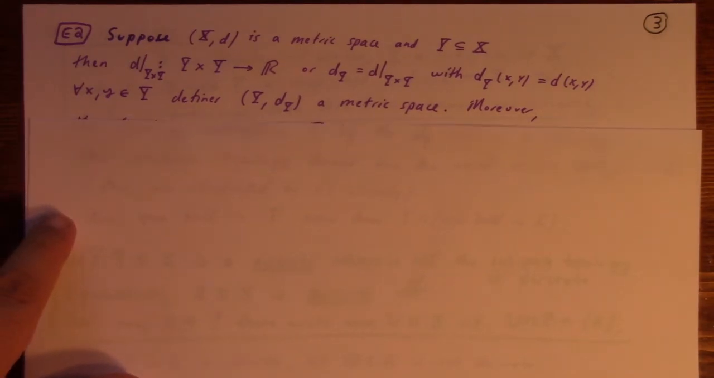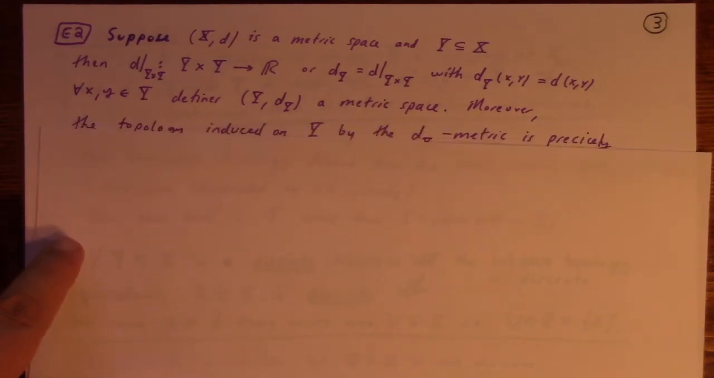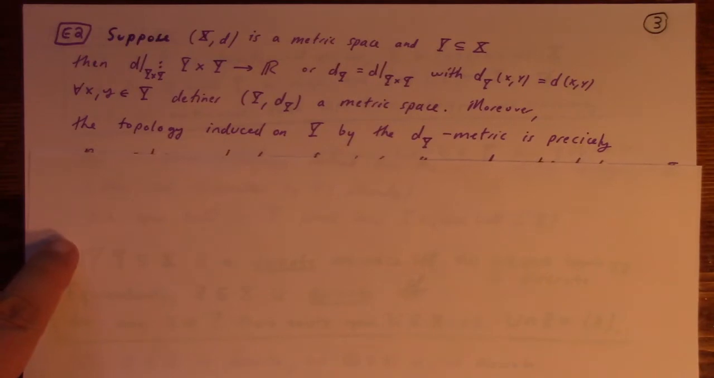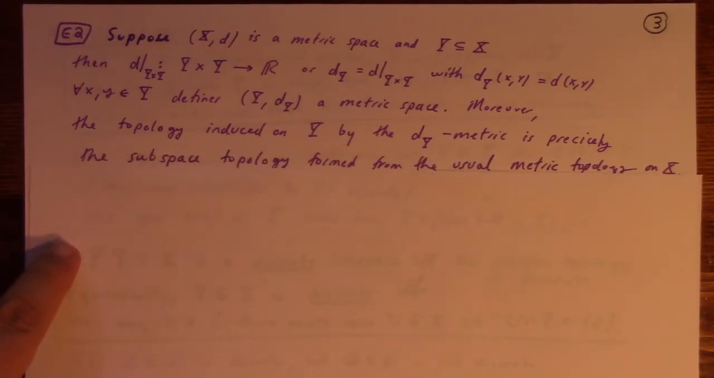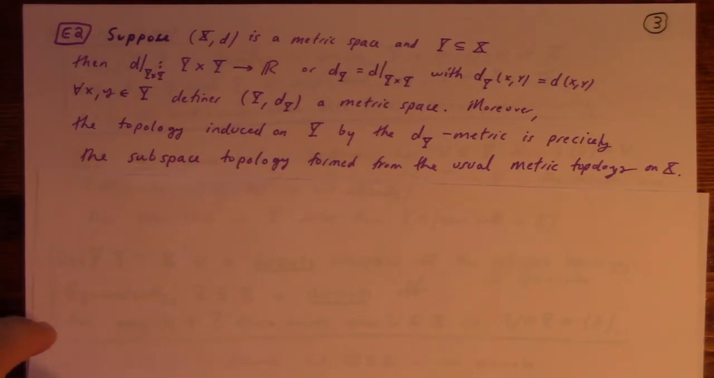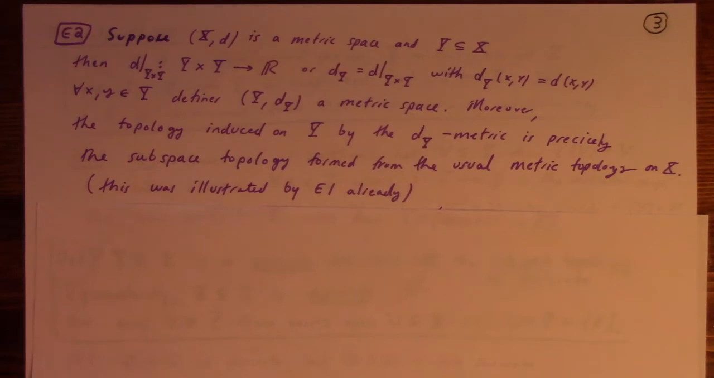and that makes the subspace with the restricted metric a metric space. And not just that, the topology induced on Y by the restricted metric, that's precisely the subspace topology formed from the usual metric topology on X. Actually, this was already illustrated in example 1. Truth be told, if you were to study the distance function restricted to those,